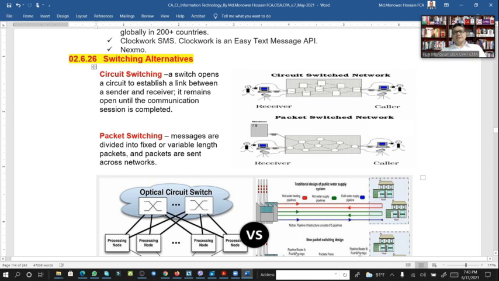So here the caller or sender sends the message to the receiver, and within this network it is packets, which means it is secured through a password, and only the receiver can see it. Now, for example, with our WhatsApp, if you share anything to a group, everyone can see it. But if you send to one specific person, one to one, only that person can see and view the message and work with it within the packet.